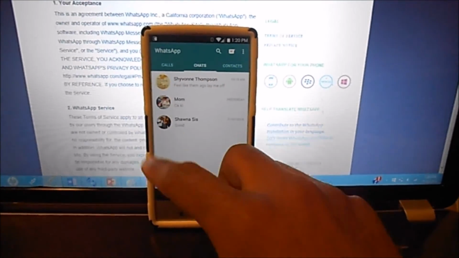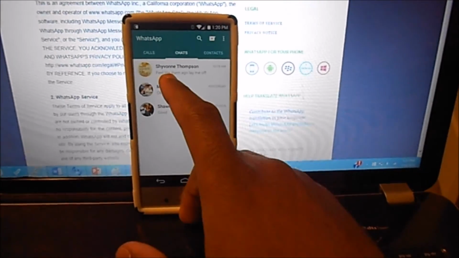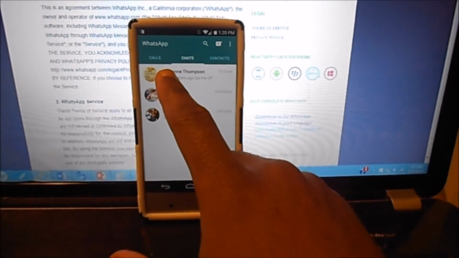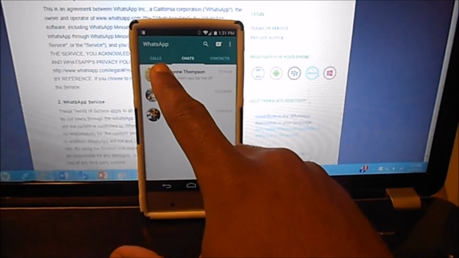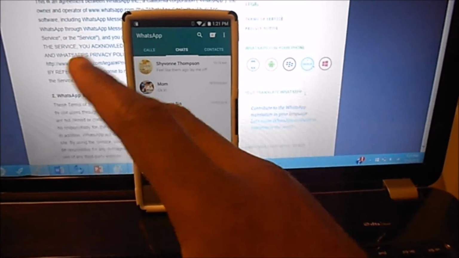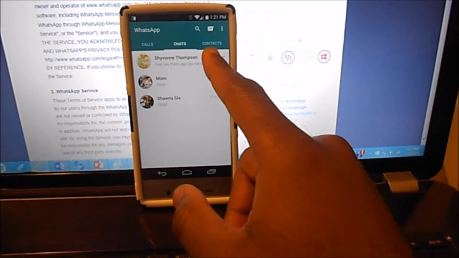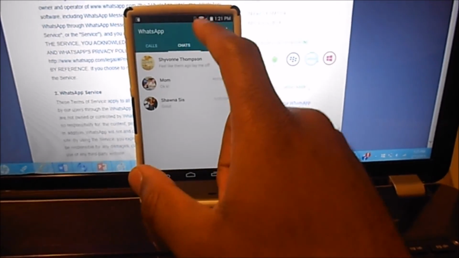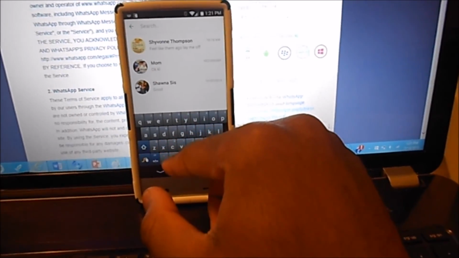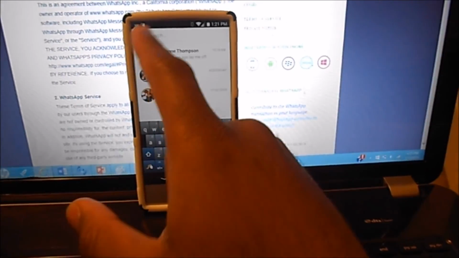This is the application. This is just a quick overview. This is the chats, my current chats. I can make calls if I like, which are over Wi-Fi as well. Everything happens over the Wi-Fi or your data plan as you wish. I can go to my contacts, which I already have in my phone. I can do searches if I have multiple people I'm speaking to at once. I can do a quick search